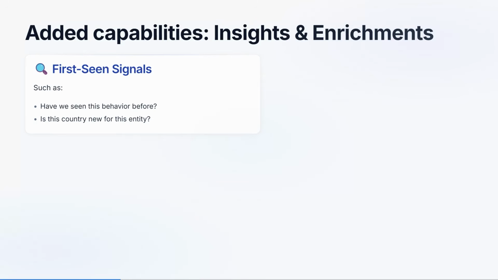Very cool. Makes total sense. So, specifically, which new insights and enrichments have we added recently? Okay, so I typically divide this into four types of insights. The first of them is from the first-seen family. In this case, we specify if something happened for the first time, something that has never happened before. For example, we can answer questions such as, we got a behavior, is this the first time that I'm seeing this behavior in my organization? Or let's say that a behavior contains a country and it is linked with an entity. Is this the first time that I'm seeing these two together? So this is one thing.